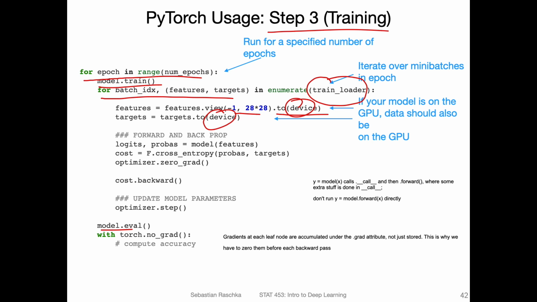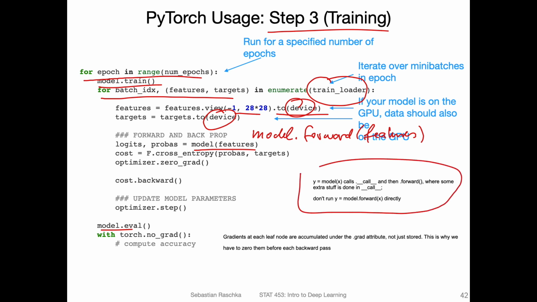So then moving on, this is the forward pass of your model. Notice that we don't actually call forward. We don't do model.forward on the features. We just call model on the features. It's almost the same thing. I actually have a note here to remind you of that. It's actually the same thing, but there's one extra step if we don't do forward.